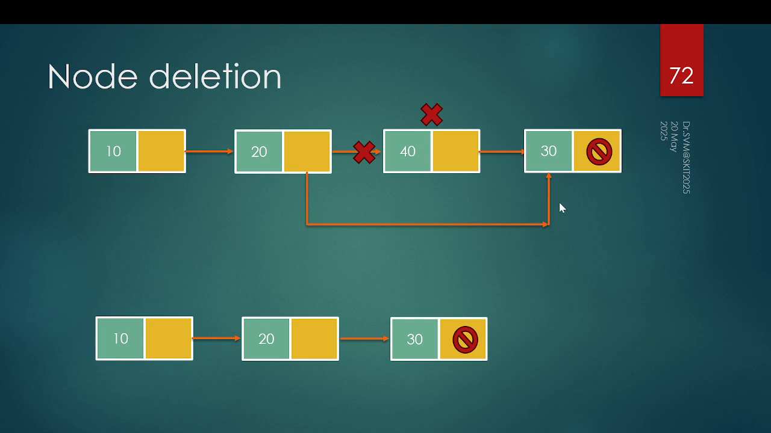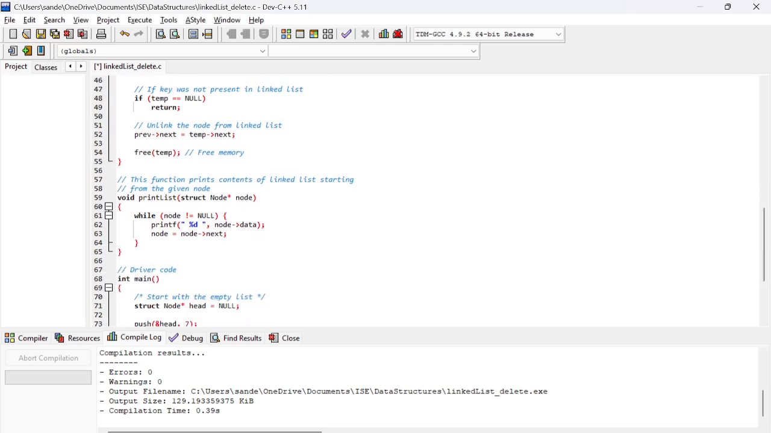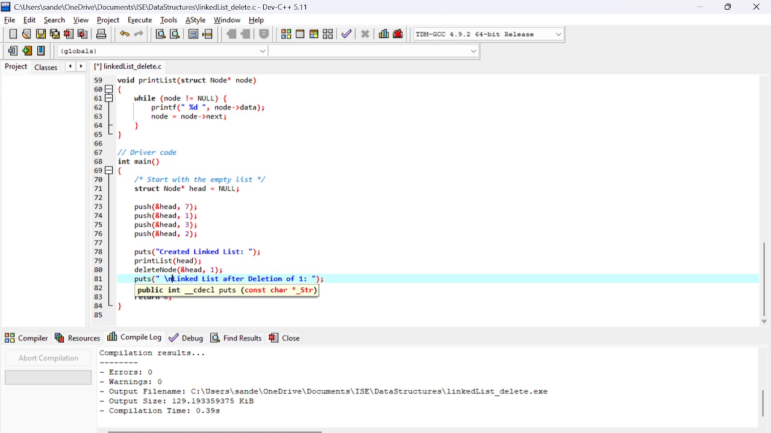How do we know this? This is pointed to by a node called temp, and this node is called previous. So previous next is the same as temp's next. Then we get this new link created, and finally we free the memory allocated for temp. So that's how it is done. So to check